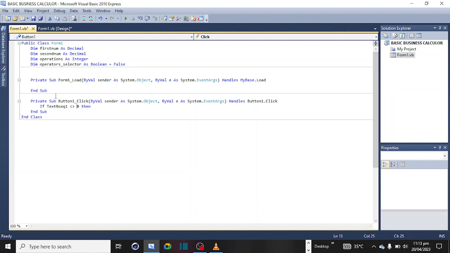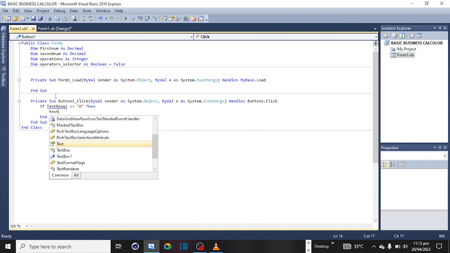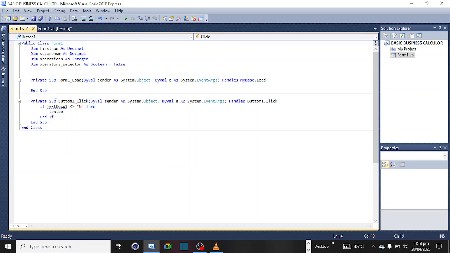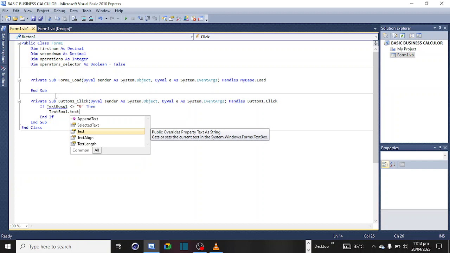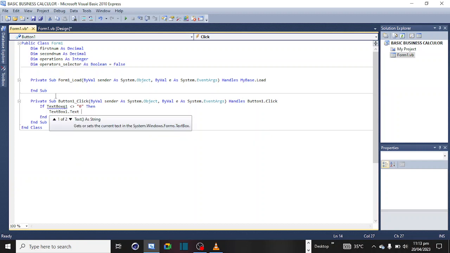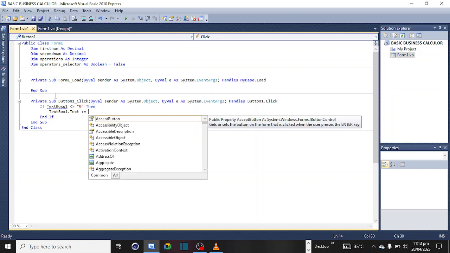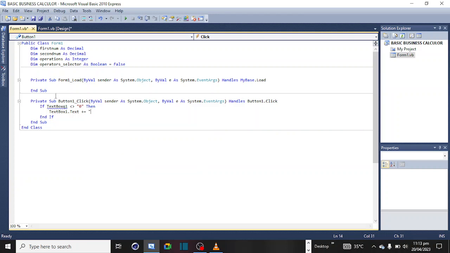Ensure your 0 is inside quotation marks, open quotation and close quotation. Then TextBox1.Text should add value or equal to, open quotation 1 close quotation,